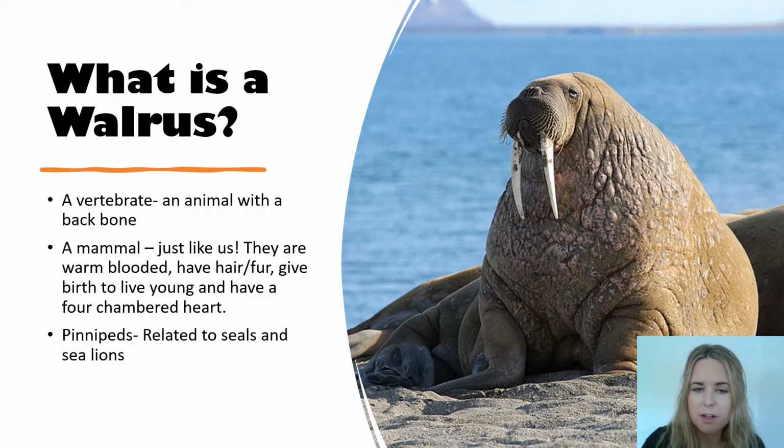And walruses are also in the group of animals called pinnipeds. So the word pinniped means fin or flipper-footed and refers to marine mammals that have front and rear flippers. Can you think of any other marine animals like this? What about seals and sea lions? They're also pinnipeds. These are animals that live in the ocean but are able to come on land for long